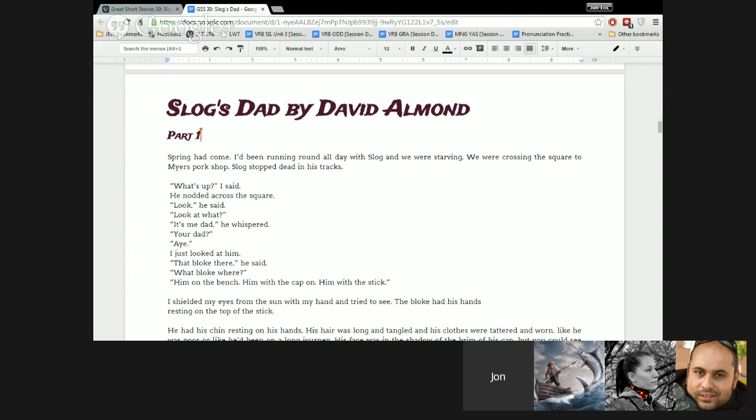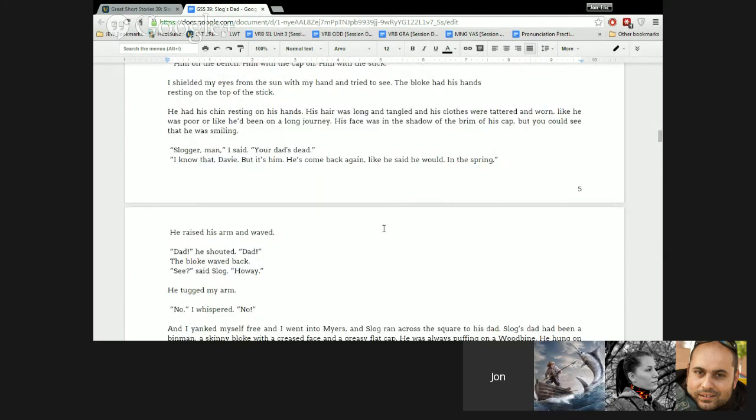Okay, so basically we have that beginning, and then we find out the history of what happened about his father getting sick, and that was basically the first part of the story, more or less, in a general sense. Okay, and this takes place in Newcastle in the UK. There's lots of slang. You can hear the way they speak in that area. So that's a little bit about the background.